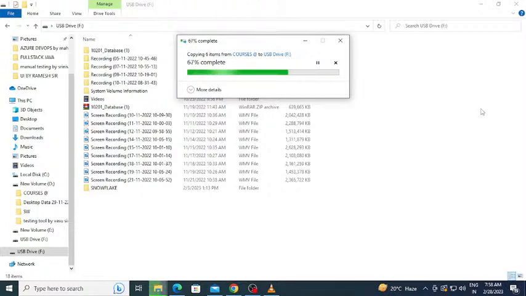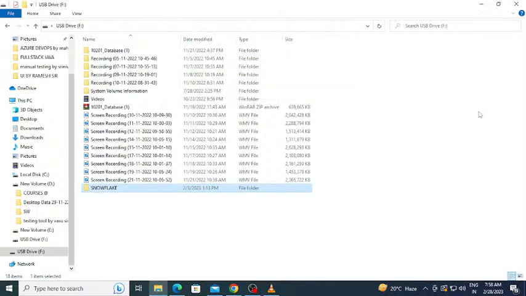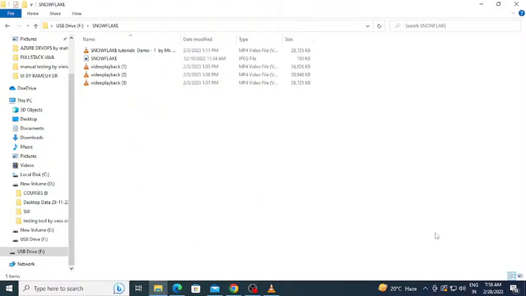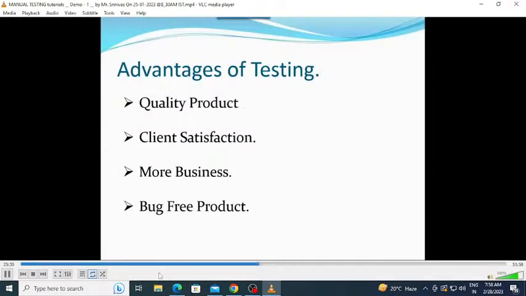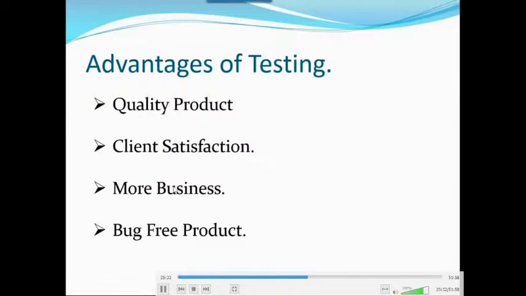Take any technology, artificial intelligence, cloud technologies like Google Cloud, AWS, GCP. For any technology, testing is required. Without testing, they won't launch any single product in the market.